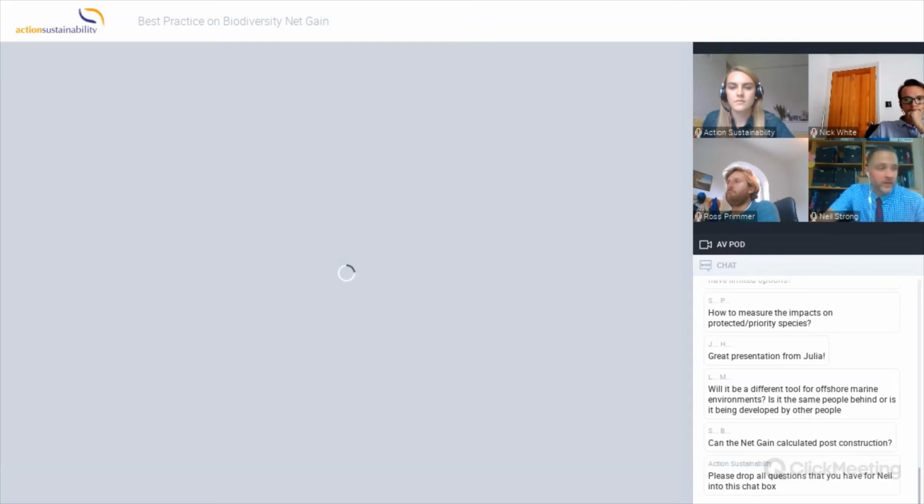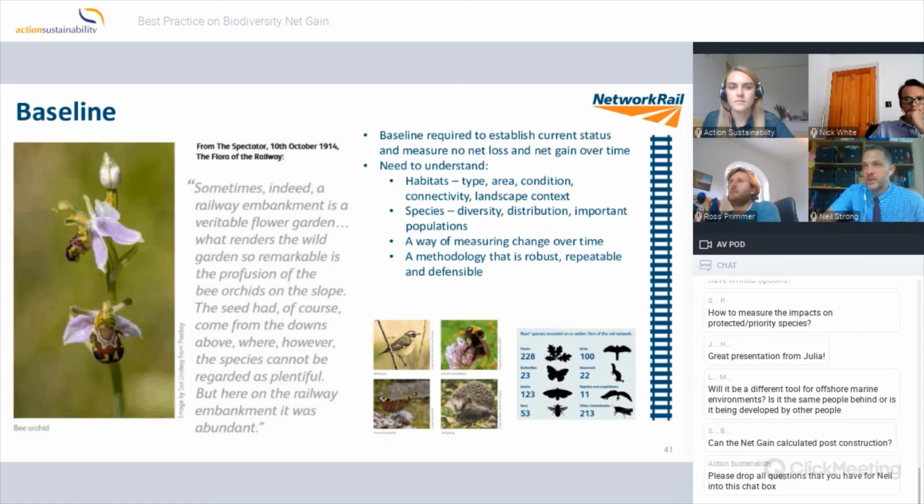One of the issues that we have with that is that we need to understand what net is before we can start working out what net gain is. That came up in one of the questions: if you've got nothing already, then what is your net gain? We obviously have a lot of biodiversity, and we needed to establish a baseline. So what we are doing at the moment is working with the Centre for Ecology and Hydrology to understand what our baseline of biodiversity is, understand where the habitats are, so that we can make an assessment of that biodiversity and work forward to understanding how we are impacting on that.